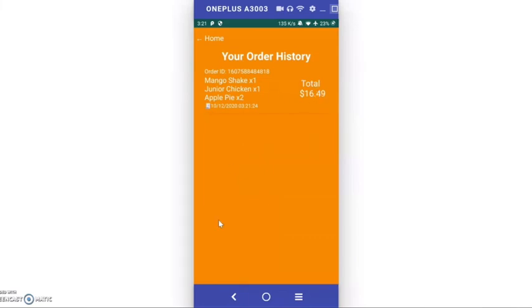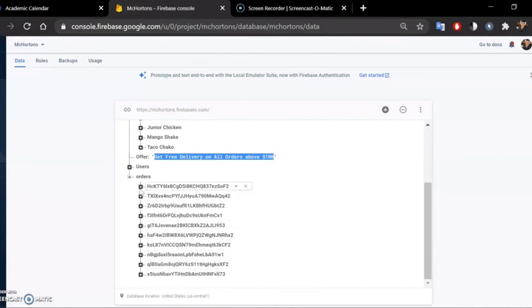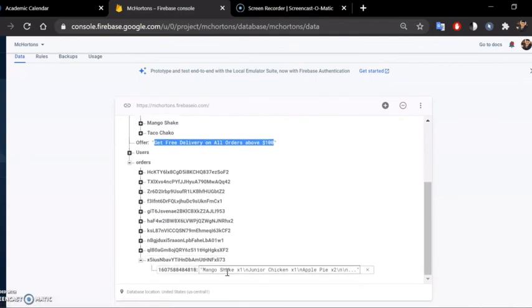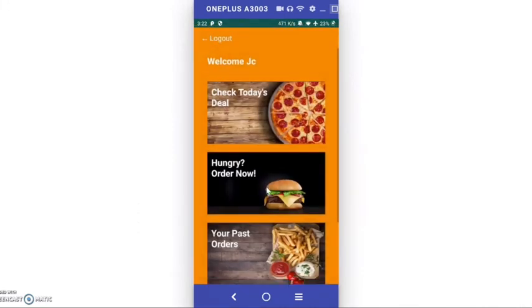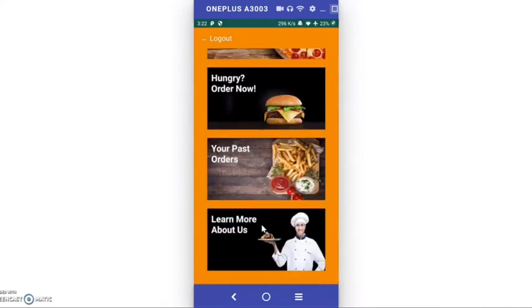So this is basically the order, and if we move on to the database, we can see that it has been created in the orders part. Don't mind, this was not the one. This is actually the one, and you can see that I've given /n in between because I have taken this particular information from here and displayed it on the order screen. So this is the reason why it's showing in that particular manner. Let's move on to the orders history, and you can see that the orders that have been placed are written right here. We can now move on to the home section